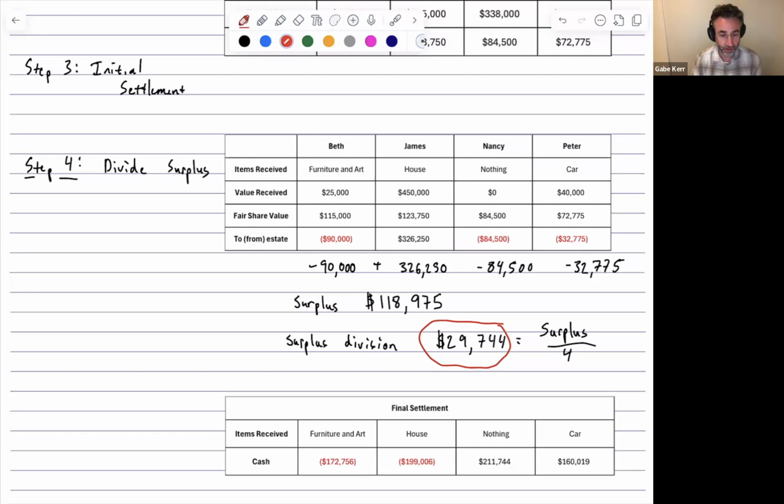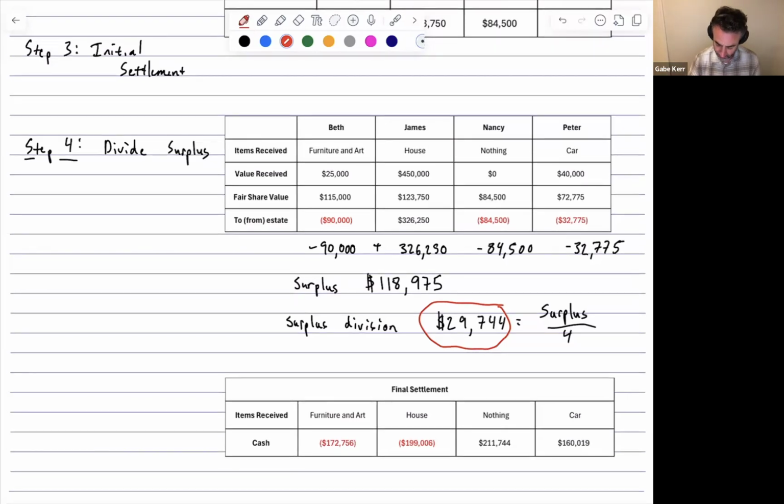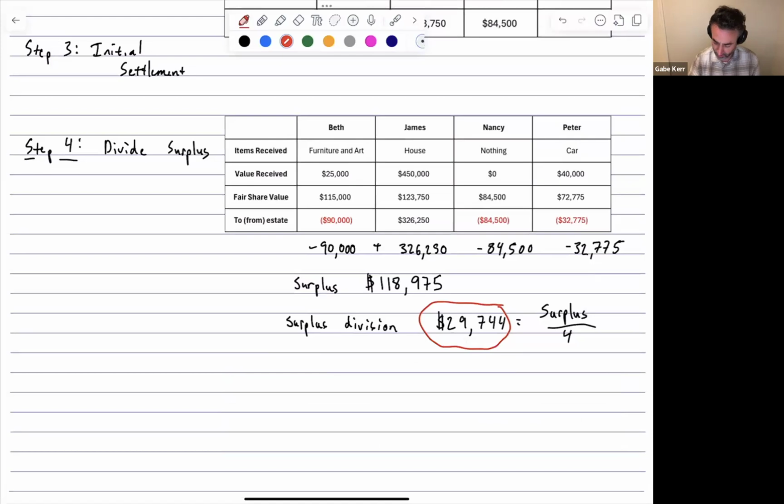Right here, we have a bit of an error, to be honest. So let me close that out. And let me write down the actual amounts here. So for the final settlement,